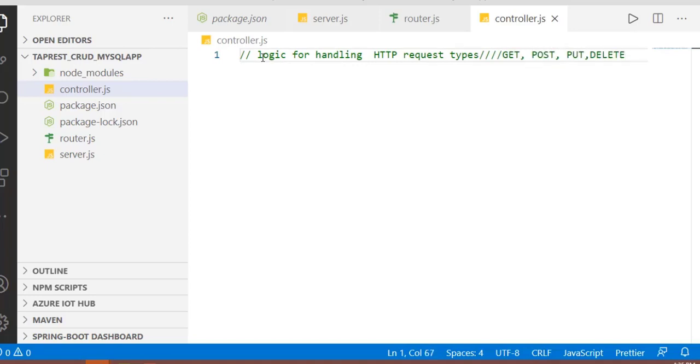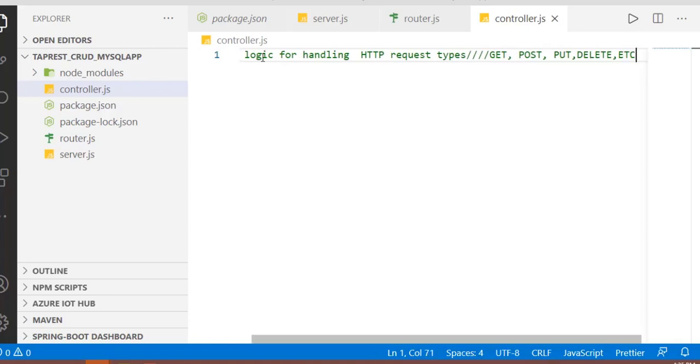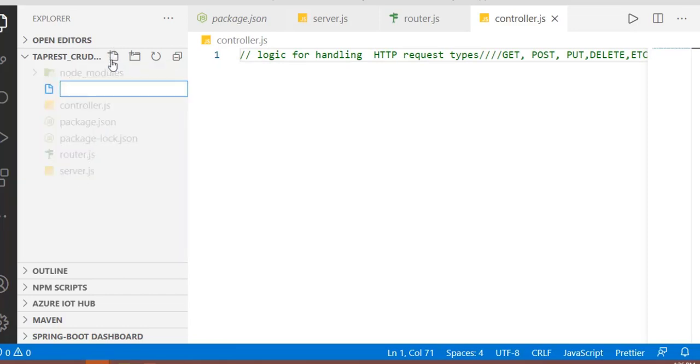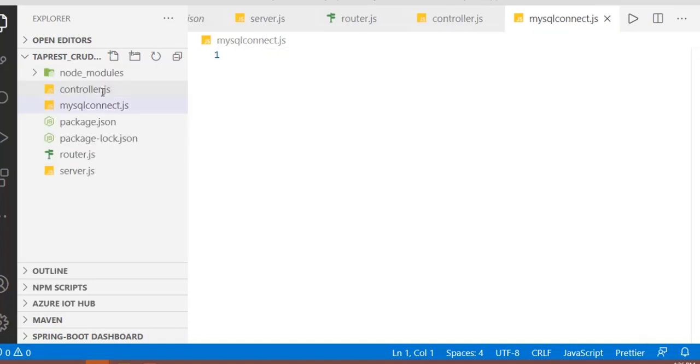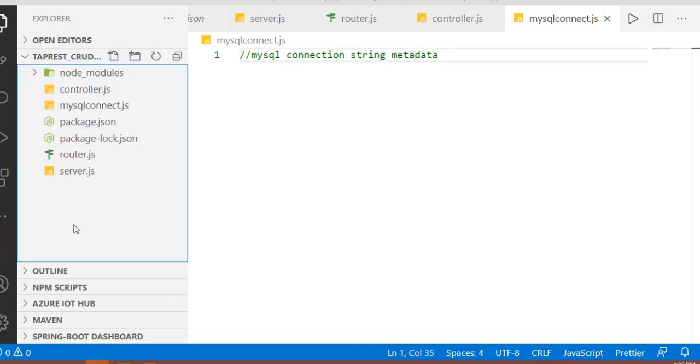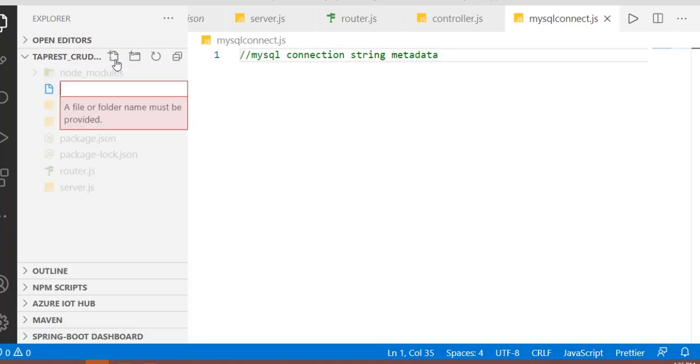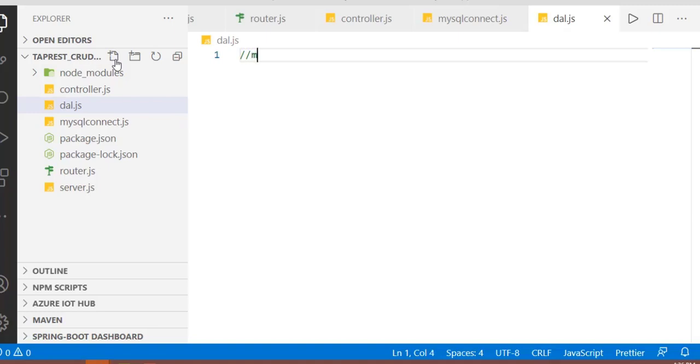We are trying to use a concept called separation of concerns. Rather than writing all the lines of code in one particular file, it's best to separate our logic in the form of reusable functions, and these reusable functions will be kept in different files. So let us add one more file called mysqlconnect.js. This file will contain the connection string metadata information required to connect to your existing local or remote MySQL server database.